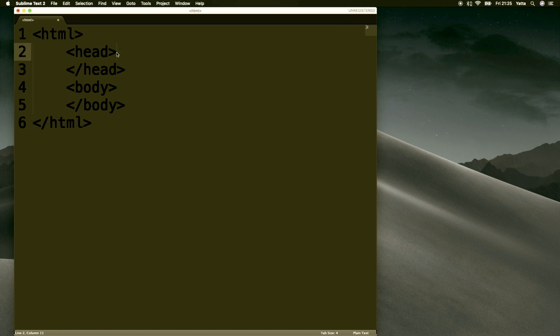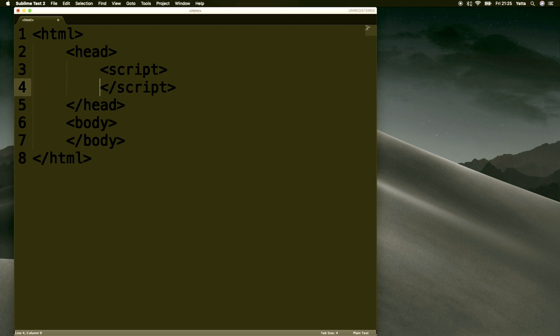Head tags usually contain metadata, for example the title of a web page or scripts, and that's exactly what we are doing today. We're writing a script. So let's get these script tags out here, an opening and a closing one. And we could either link a separate document that contains JavaScript code, or we can just write the JavaScript code within these 2 tags right here, which we are going to do because,